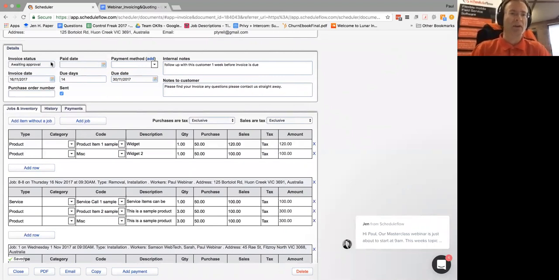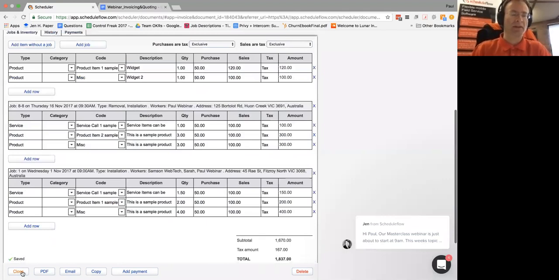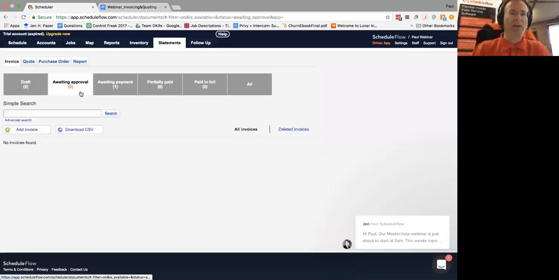So that email's on its way. I'm going to change its status to now awaiting payment because it's gone off to the customer. So that's done. We can see that my invoice is now moved into this bundle and it's sitting there awaiting